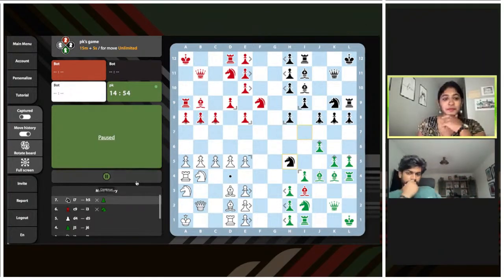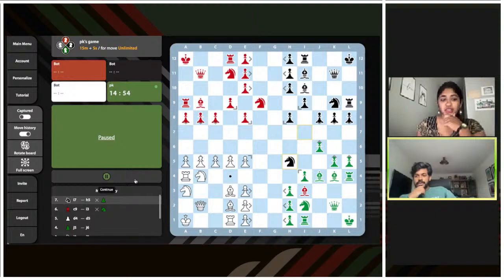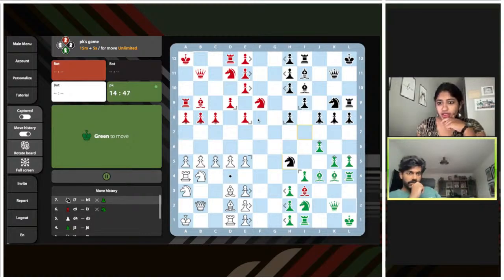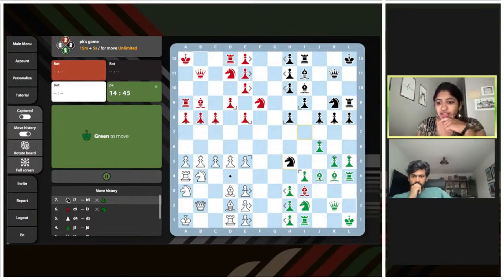Is that true? Oh yeah, so I think you can either click on a piece. So if you hit play and you just click on the bishop, it shows you all the moves that are valid. Okay, did you click on it? Yeah, so I clicked on the bishop, and I think I just need to select.